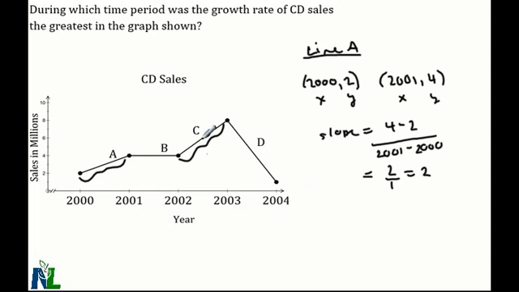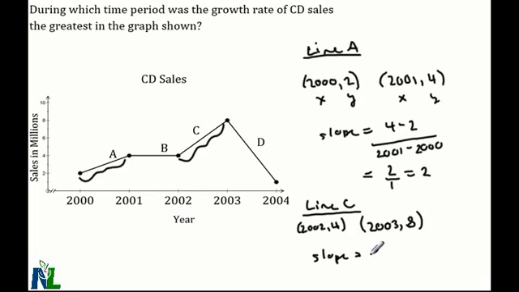So I want to compare that to line segment C. For line segment C, my starting point is at 2002, and I'm doing 4 million in sales, and it ends in 2003, where I'm doing 8 million in sales. So if I compare those two coordinates, I can see that I have 8 minus 4 on the top,